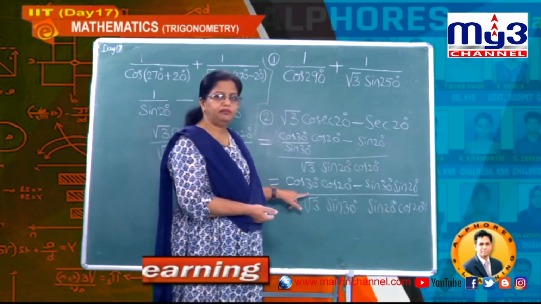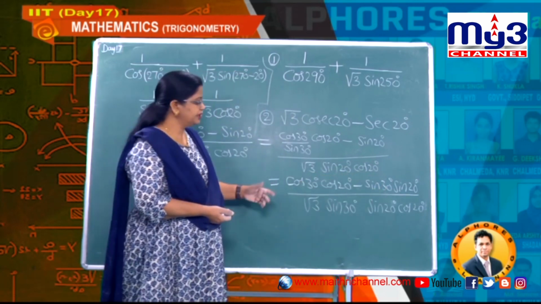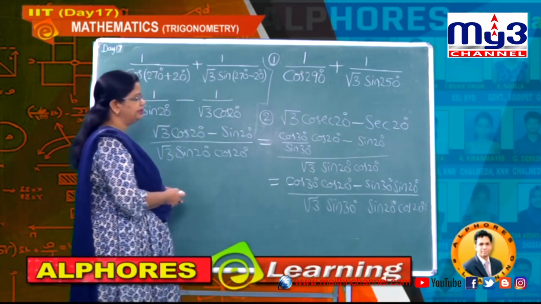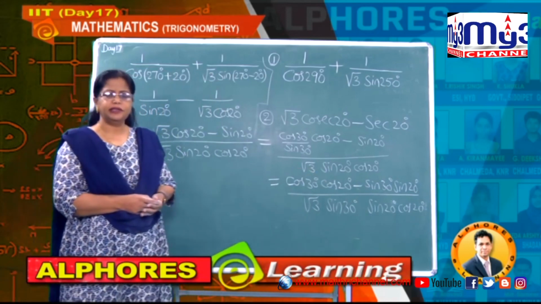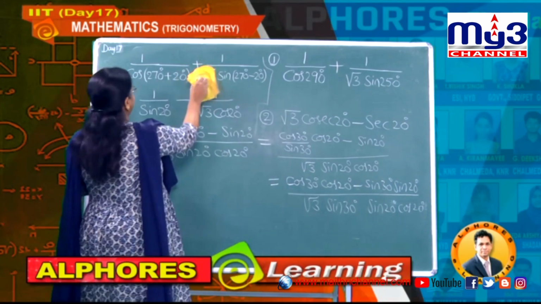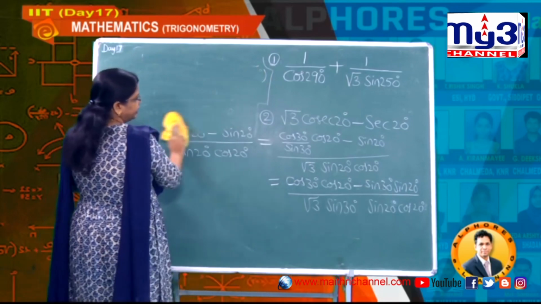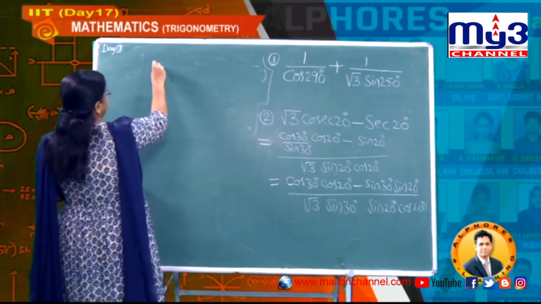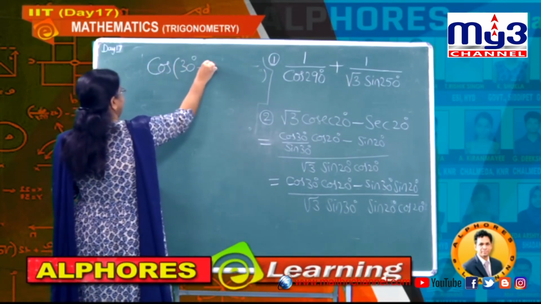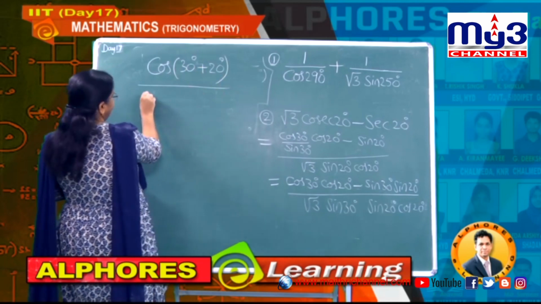Therefore, it is nothing but cos A cos B minus sin A sin B. What is that formula? Cos of A plus B. So now students, we write that value as cos A plus B. So if you write the formula cos A plus B there, then what is our numerator now? It is cos of 30 plus 20. So cos of 30 plus 20, and divided by the denominator, here root 3 is one value, and next